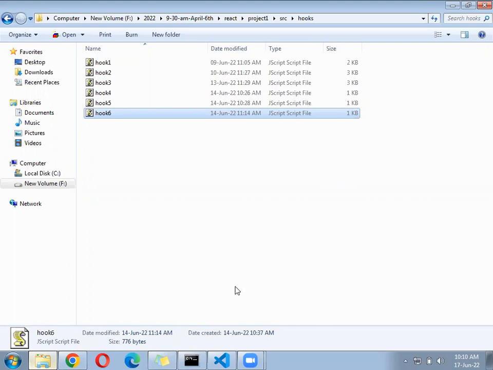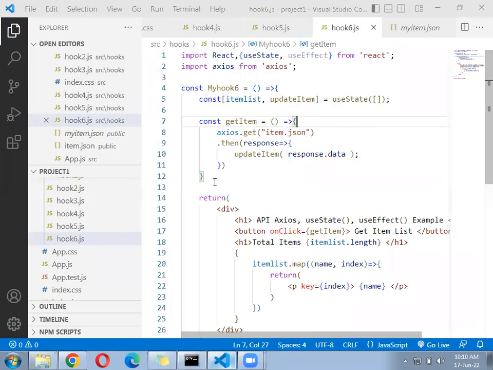In the hook6.js file, we have read the data from another location and displayed it here. We have even called both useState and useEffect. Using useState, what are we doing? We are reading the data from the item.json file using the Axios get method, and after reading that data, we are sending it to update item, and from update item it will go to the item list. Okay, next after that